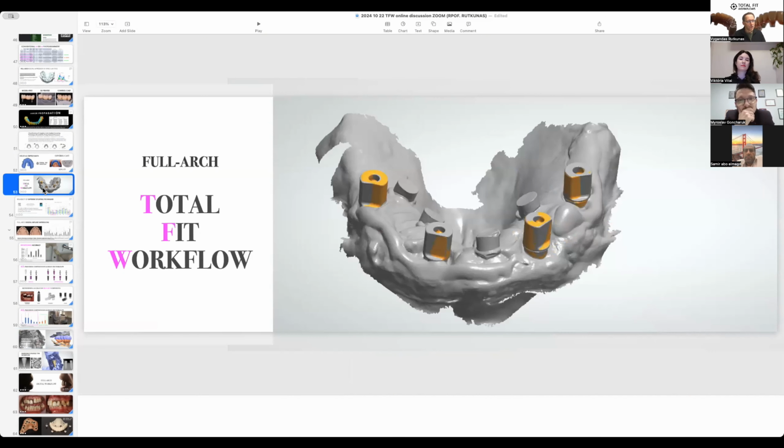Yes, so the short answer is yes, because as you know, the first scan bodies, and actually currently I'm still using them, these vertical scan bodies, have some disadvantages for full arches. Because they are vertical, we have quite a long jumping distance, which is not easy for the intraoral scanner because there's a lack of reference objects, and gingiva, especially in the lower arch, is not friendly at all for this purpose.